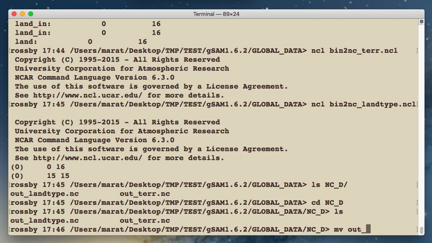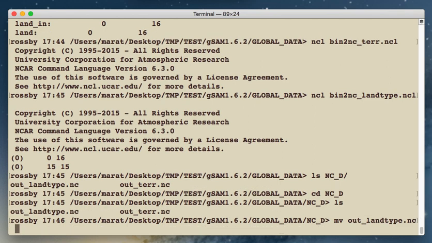We move them. The land type name should start with landtype, and then use some common name that describes your grid. You will use the same name everywhere in other scripts, so it should be the same everywhere. So let's use the same that we use for the grid, which is 3840 x